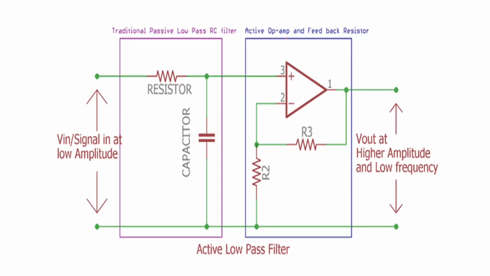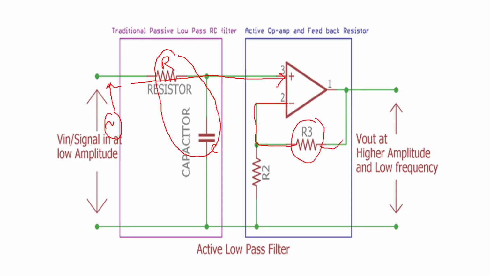So if you see that type of circuit now, then here you can see you are having your low pass filtering. Here is your R and here is your C, which is doing the low pass filtering. So this is your low pass filter. Then whatever input you are going to give here is going to the non-inverting terminal of the op-amp, and the inverting terminal of the op-amp is connected with a feedback resistor R3 here. R3 is connected to the output, it is a feedback resistor, and R2 will be your input resistor.